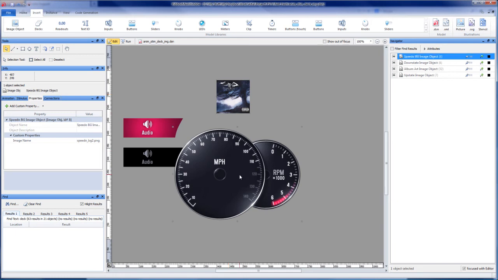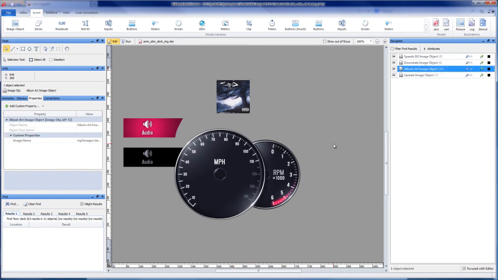But also you can go through and change all the other images in your model in real time too, and rebrand or reskin your model in real time. This is great if you wanted to take all your cluster images or your buttons and reskin them on the fly after it's running on hardware. Your GUI is fully built and running on hardware. You can change all those images and reskin it on the fly for things such as day mode or night mode, or if you have the same logical backend but just want to rebrand the graphics of your interface for a different brand. All of that can be done with the power of the image object.